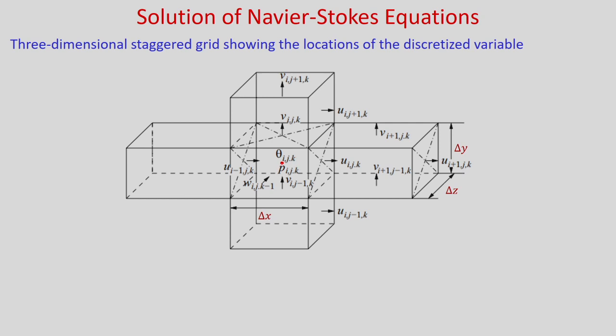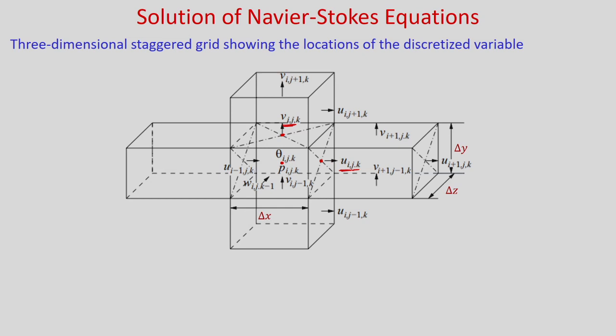Now, you see we will solve in a staggered way. This is the point where we need to solve for the velocity u i j k, and this is the staggered grid where we need to solve for velocity v i j k, and you can see in the other direction we need to solve for w i j k. In that direction inside you will solve for w i j k, and this is the grid for w i j k minus 1.